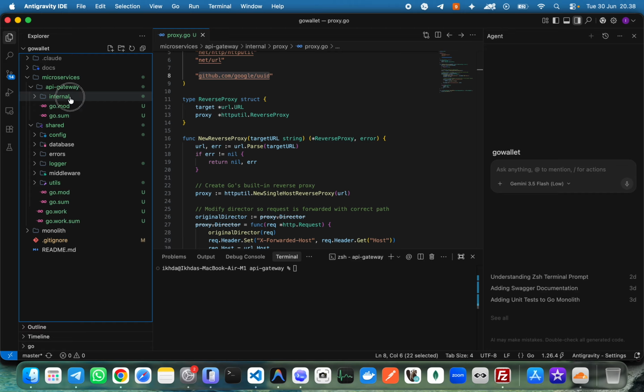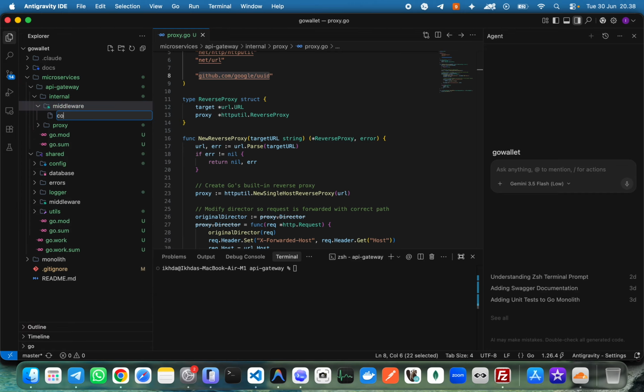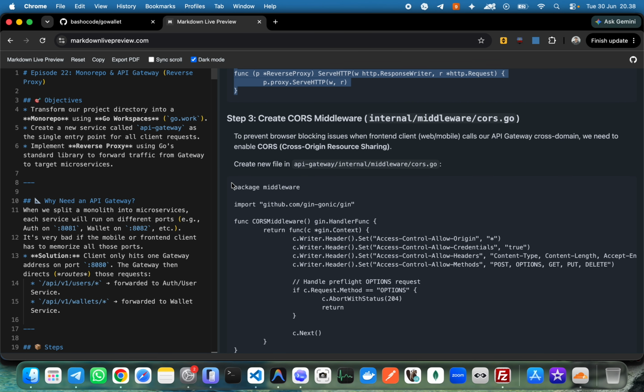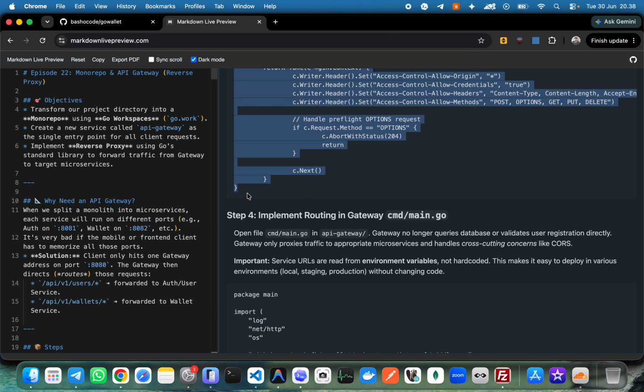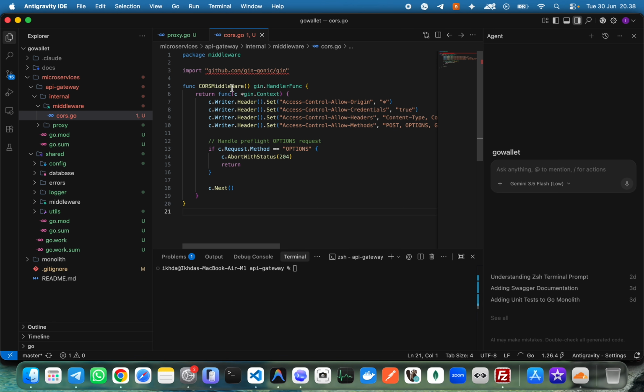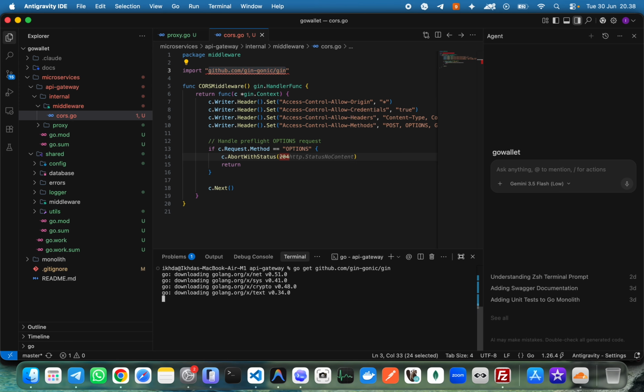Move to the internal cors.go. So here we will add this one. We go get Johnny, and then